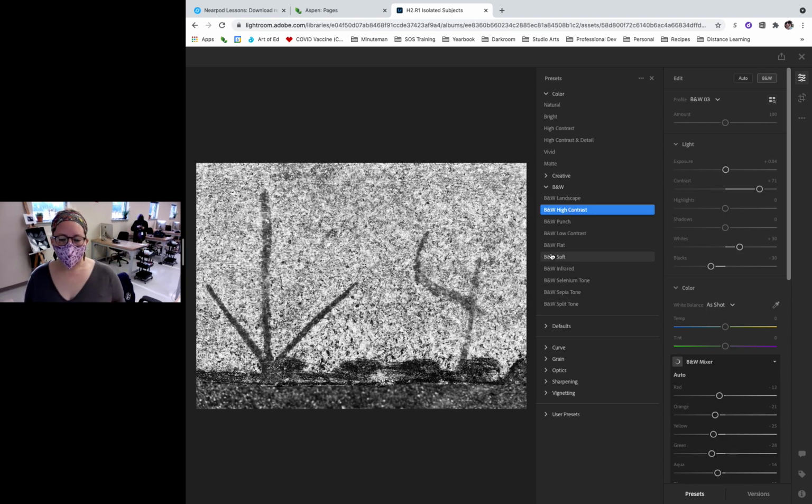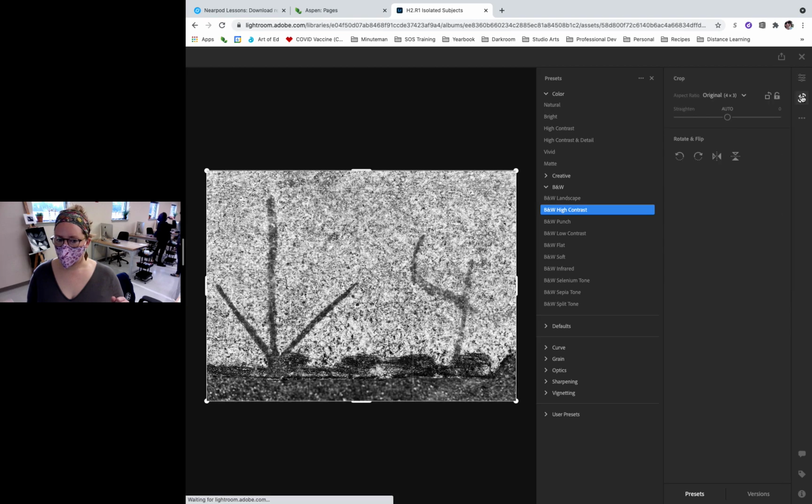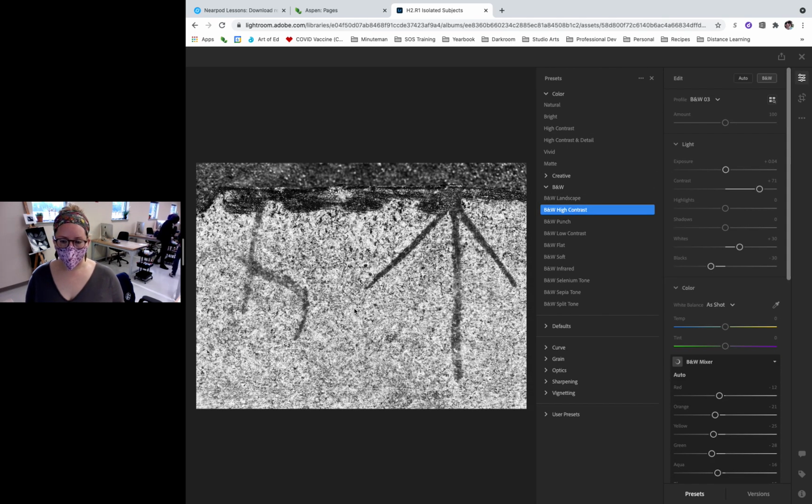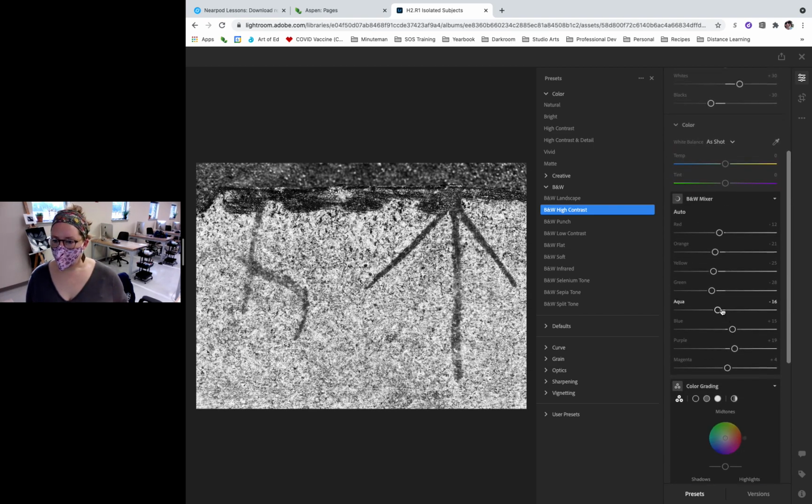So remember that, as you're going through the overall look and feel of this, we're looking for texture, but also some areas of high contrast. Once you've selected a preset, you can always go back and adjust it a little bit more. There's lots of crazy stuff about